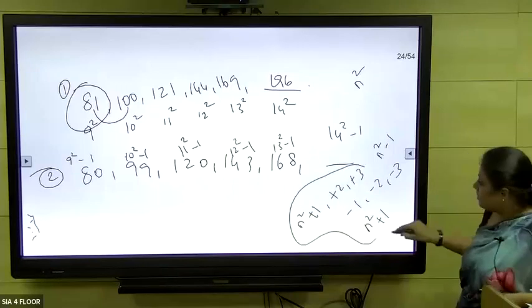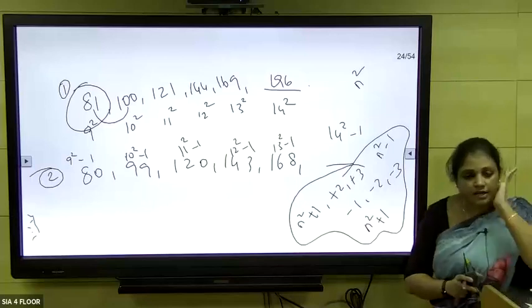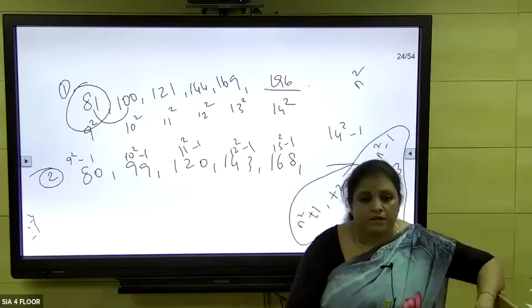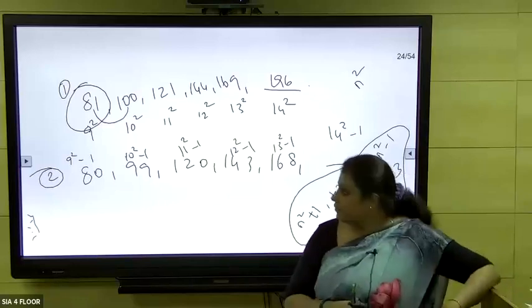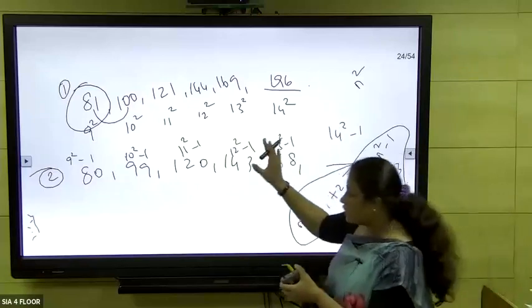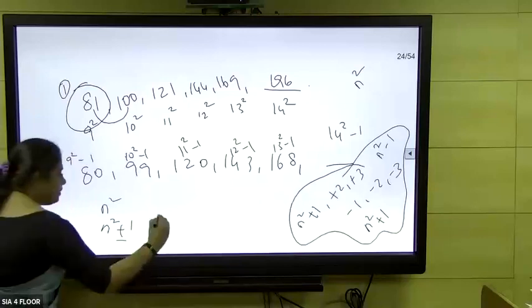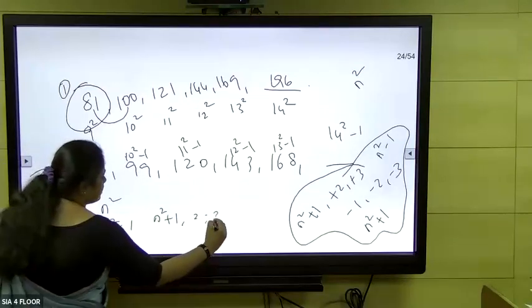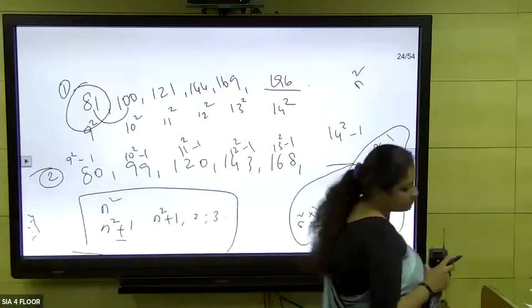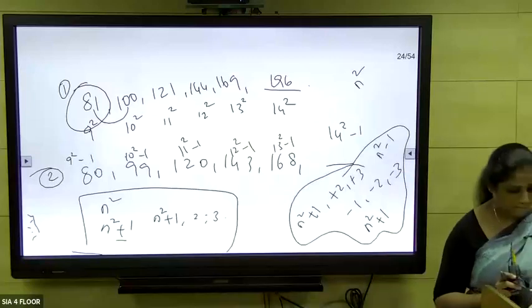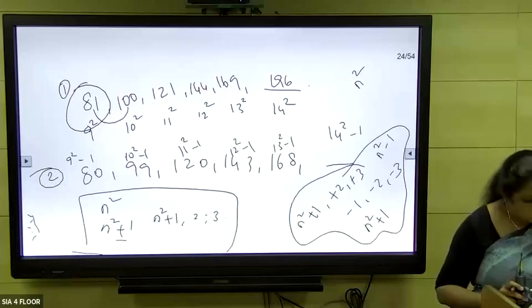It could be any of these, but mostly the difficult ones will not be present in the question paper, especially in CSAT. You will not have such difficult questions. Maybe one or two adjustments will be there, which are easily identifiable. I want you to copy this: the format is n square plus 1 or minus 1, and the sequence continues like this. I want you to write this. This is the format. I want you to give me the answer for the third one.